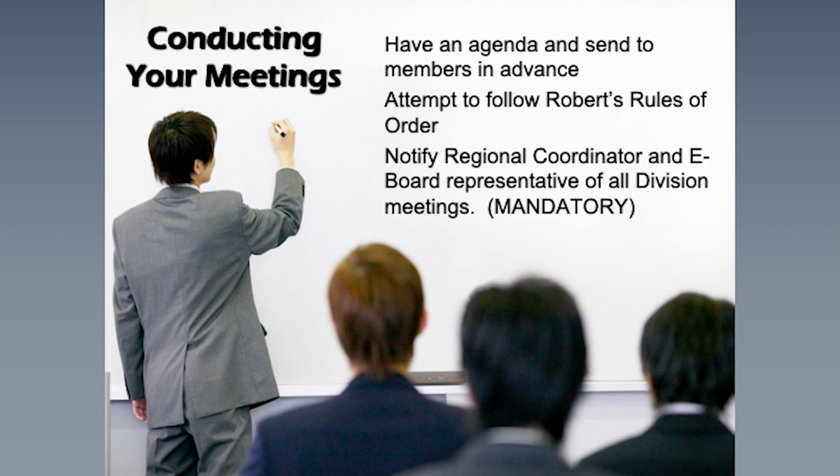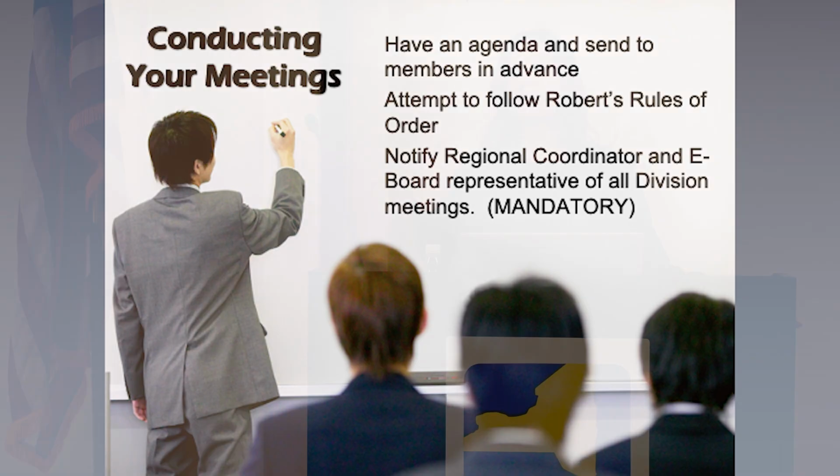So this is a requirement. So if you decide to have a special event, again, those would go towards your minimum of 2 meetings. When you conduct your meeting, you're going to want to have an agenda, and it can even be informal, and you want to send it to your members in advance, and it's mandatory that you call your regional coordinator or email your regional coordinator and advise them of the meeting. So for folks here in Region 8, you would email the Region 8 office or your regional coordinator to make sure that person knows that you're having a membership meeting.